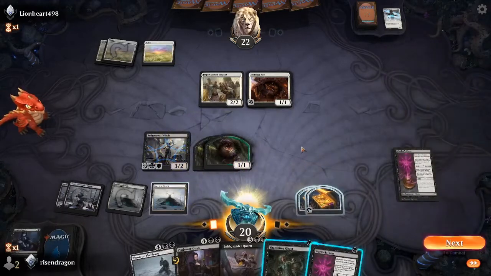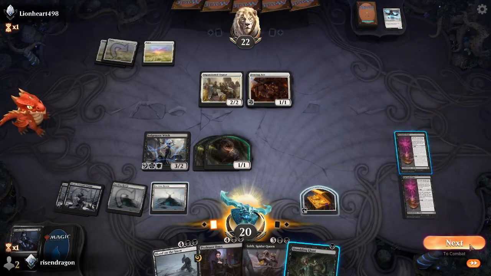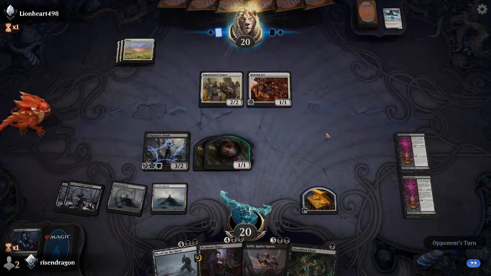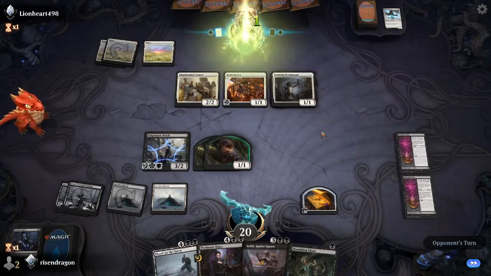We draw a bunch of cards. I don't want... Actually, yes, I do want to do that. I'm going to do this. We do that. And we are good. They take 2, and we've got some chump blockers. Although I could have had an Onyx that turn. Dag nabbit. Okay, well...